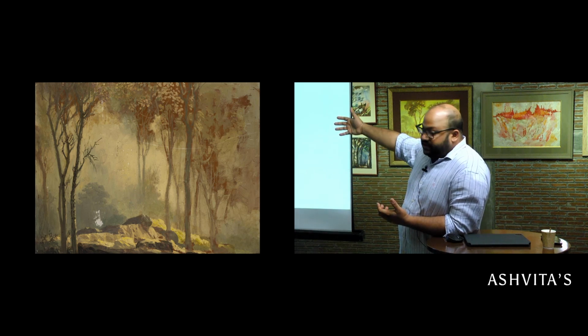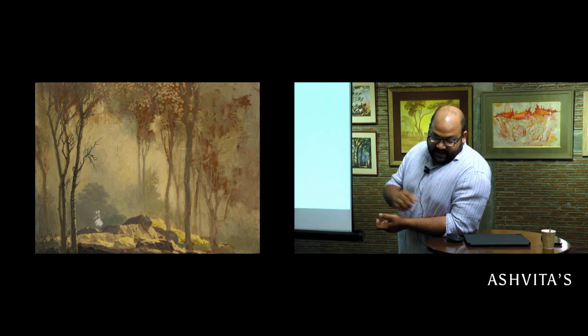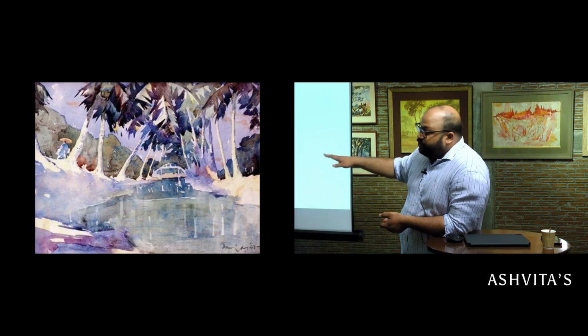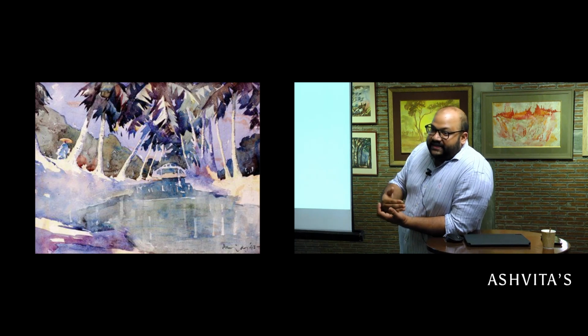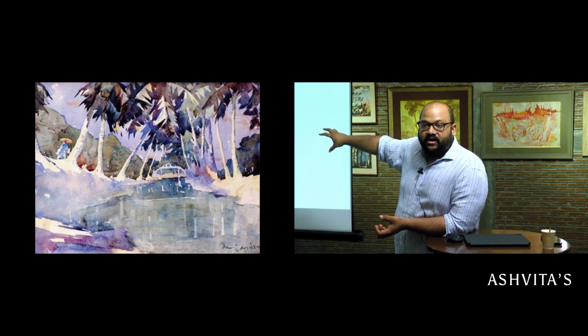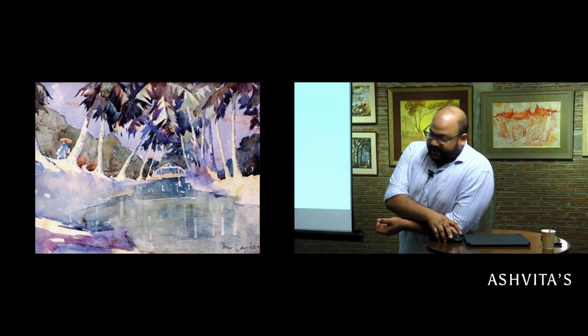Panicker very much thought this was modern art. He writes about this, saying that they were painting modern art. And this is 1948, by the way. So in 1944, he's already started the Progressive Painters Association here in Madras. So very clearly Panicker thought that this was progressive artwork, this was modern artwork, right?